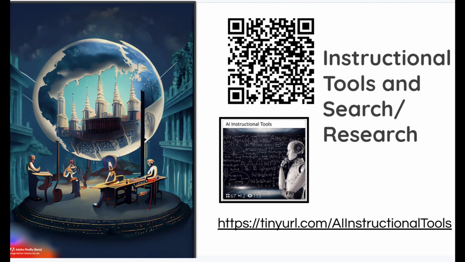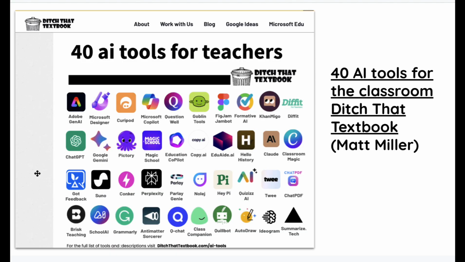I want to just briefly mention some instructional tools that I think have value in terms of research. There's a huge number of them in the Pearltrees that you're looking at in the little box. I love Matt Miller's work, and he often gives you top 10 lists, and this one, top 40 lists for teachers. A lot of these are things I use on a regular basis. They're brilliant, but we don't have the room for those today.